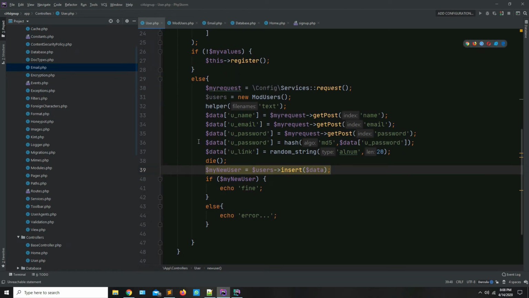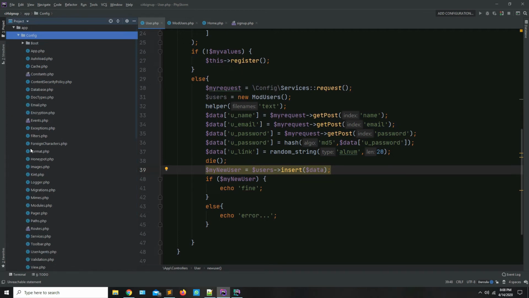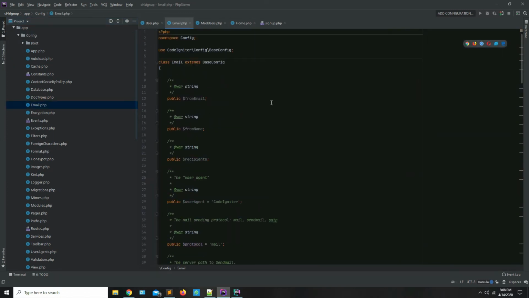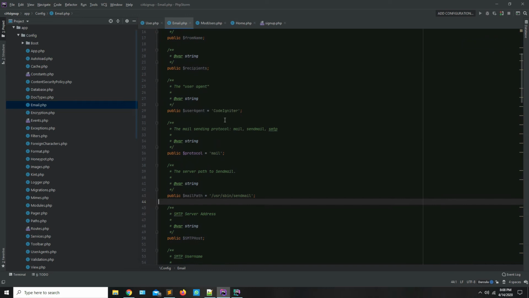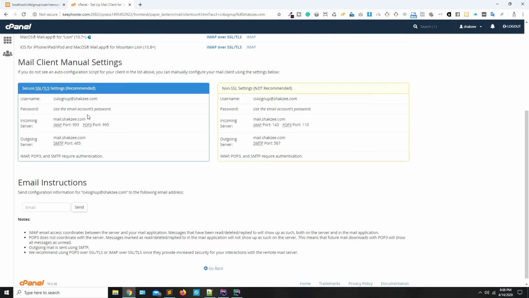For sending the emails, you need to add the settings in your email section. So go to your config, and also you have your email setting here. So as you can see, this is the email. You have a lot of settings here, but I'm going to use a few things. Depending on your SMTP or system, let's suppose I'm going to send the emails from my cPanel. But what happens if you are using the AWS SES? The settings are different, because I'm using this setting because I'm going to send the emails from